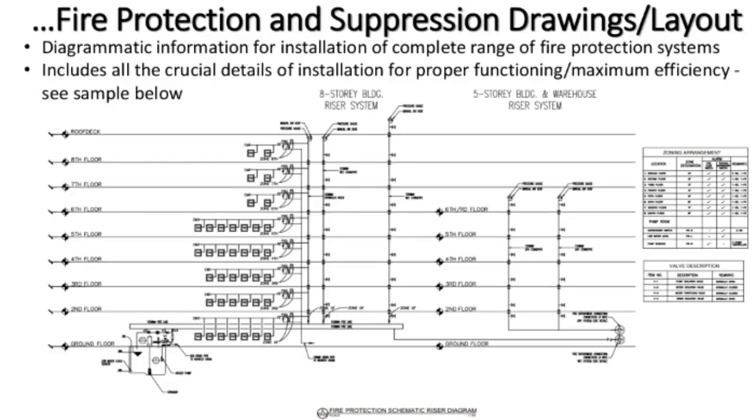There is another drawing that can be quite relevant to a safety professional or a safety engineer on the facility, which is the fire protection and suppression drawing. Remember, we already looked at the safety equipment layout drawing, which I said in some instances people call the safety plan. A difference from the fire protection and suppression drawing is that while the other one just tells you the physical location of safety and fire equipment, the fire protection and suppression drawing or layout tells you more in terms of loop,